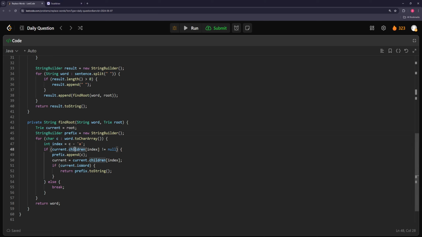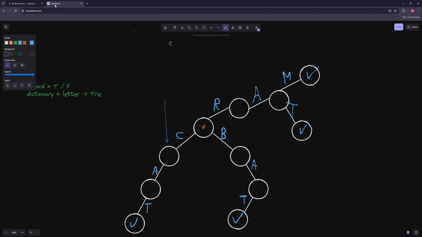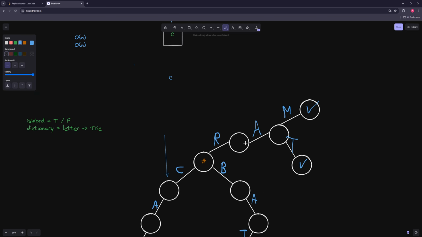But essentially, if there's a path, we're going to keep adding to the prefix, and then we're going to traverse the trie. If this current prefix is a word, we return it. Otherwise, we break out. And if we ever break out, we can just return the word. I guess the reason you would want to add to the prefix is because it uses a word to char array, which you can also use index values for. Personal preference there. But basically what you're doing is going through your word, traversing your trie, and